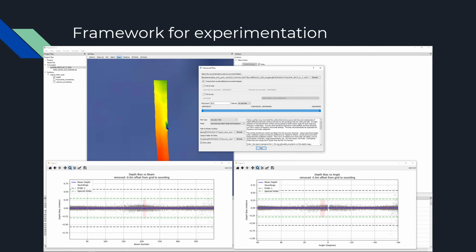Here we see the Advanced Plots tool, which contains our commonly used sonar acceptance tests. These are Python scripts that provide us with statistics and guidance during the installation of new multi-beam sonars or evaluation of existing sonar systems. Here we see the accuracy test and the results plotted in new matplotlib figures at the